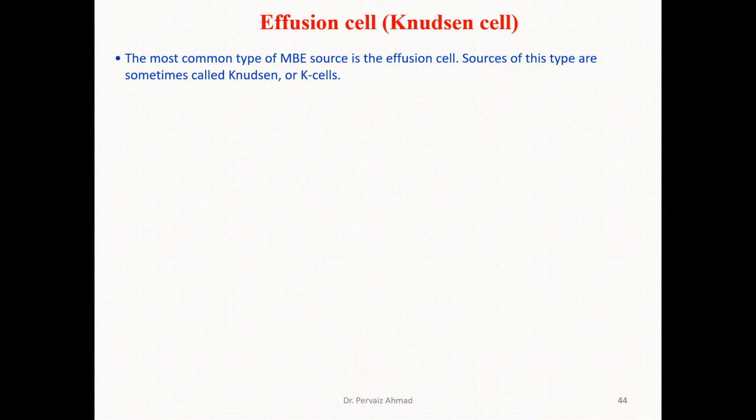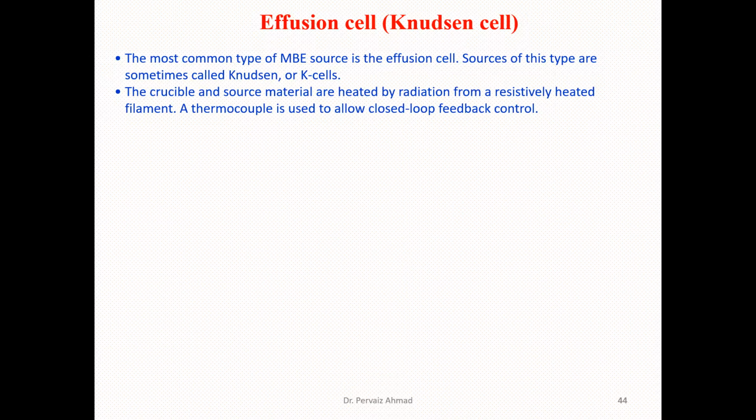This is a special experimental setup that has been most commonly utilized as a source of molecular beam epitaxy, and it is known as the effusion cell, sometimes called the Knudsen cell, or for short, the K cell. So the crucible and the source materials in this kind of setup, we have the crucibles and the source materials that are being heated by the radiation from the